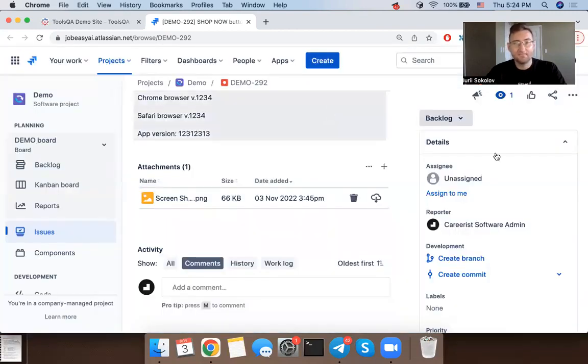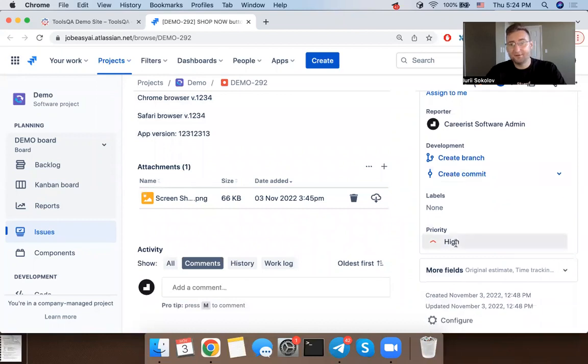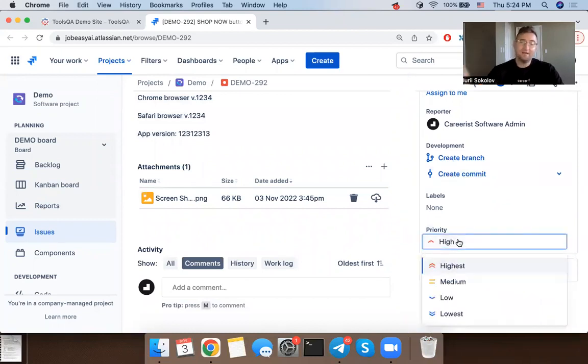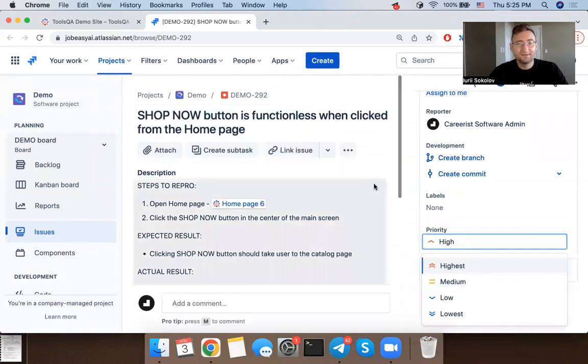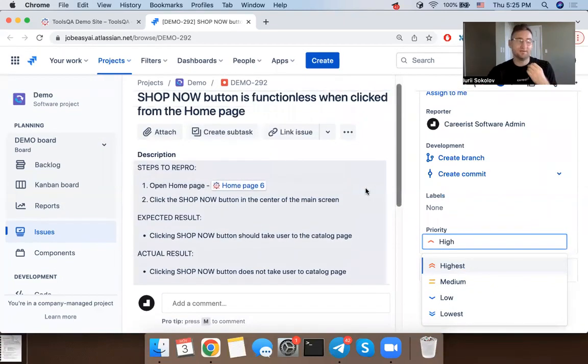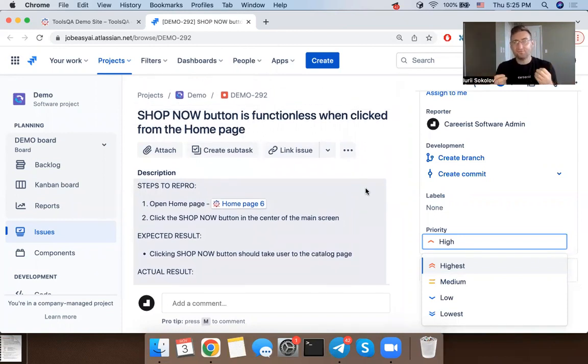It makes sense. We can also check the priority. Okay, so priority high. I agree with this priority assessment. It is high because when a person is unable to shop, it means they are unable to pay for the purchases and complete the purchasing process, which means that our company is losing money, and it's not good. It needs to be addressed as soon as possible. So these are the general rules of how bug reports should be written, how they are assessed, how they are triaged by people who work in the company, and why it's important to